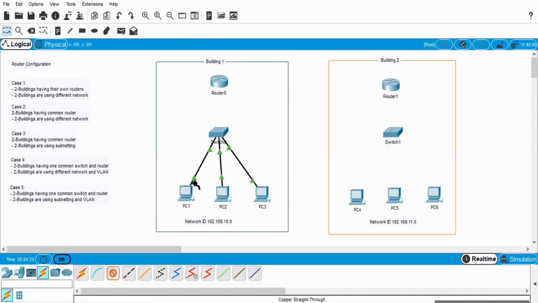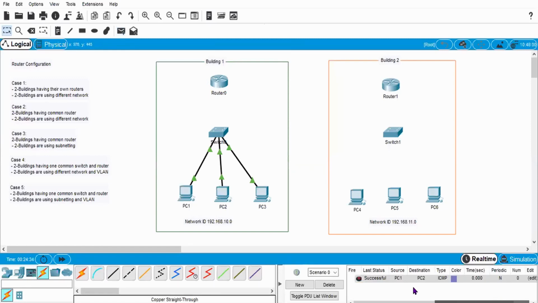All the channels will be in the go condition, meaning they are ready to use. Now you can send a packet from one PC to another PC, and you can see that these packets are successfully sent. If you do another combination like PC3 to PC2, it is also successful, and we have seen these things in lab number 2.